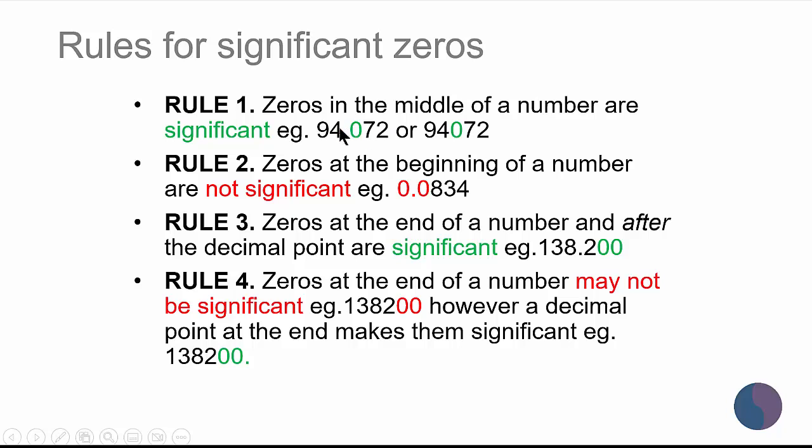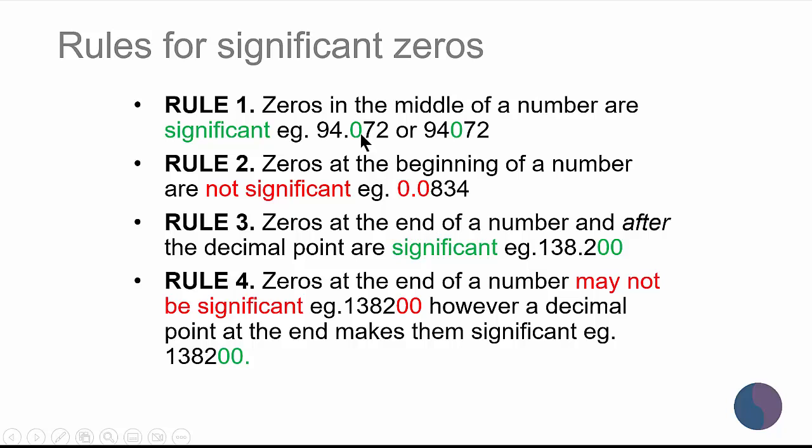So if it's in between two numbers, you'll count that, and that is 5 sig figs. The other one here is if it's after a dot, which is why we use scientific notation. So we can throw all the zeros under here, and it's like 10 to the 5th or whatever, because zeros after the numbers are confusing. You can put a dot at the end, but no one ever does that. So you need to do like